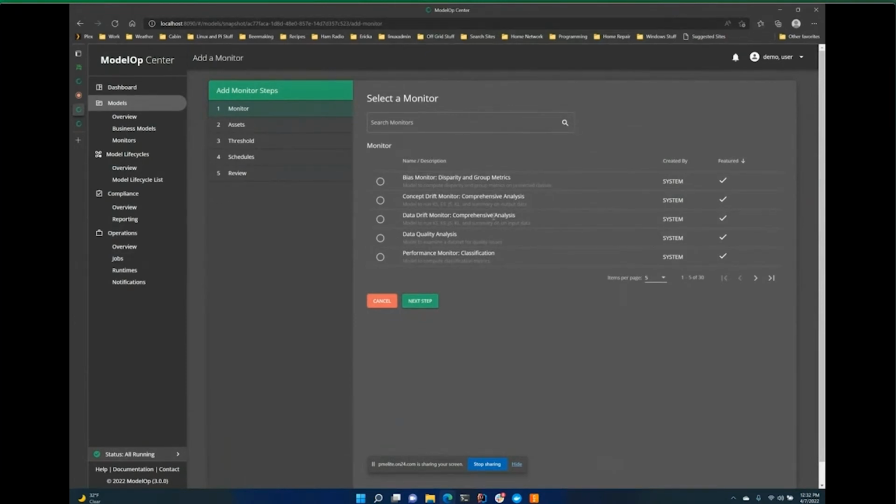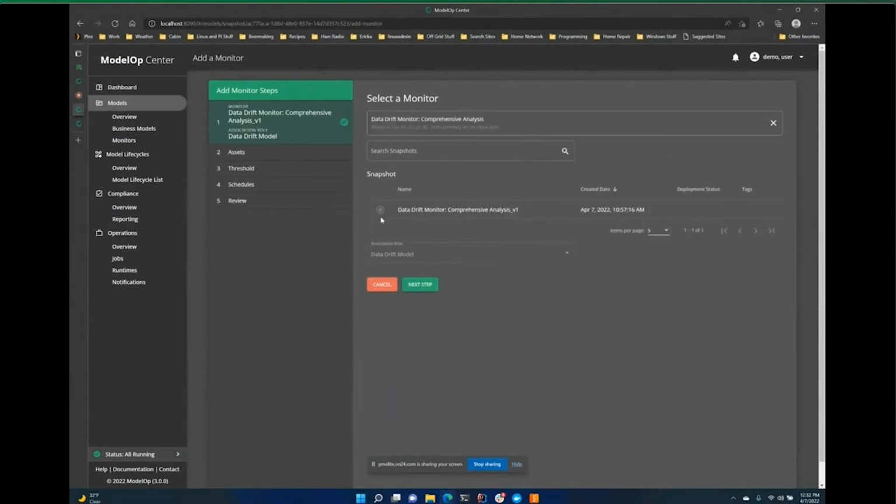And then you do that. And we call these standardized tests, because basically the idea of a standardized test is it will actually go out and run a standard statistical analysis based on a variety of data. So for instance, if we want to do a data drift monitor for this particular monitor, we can actually choose